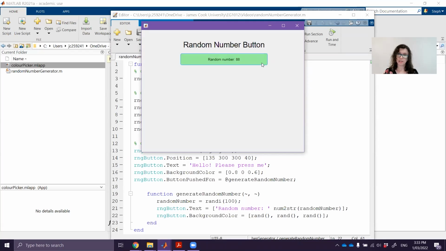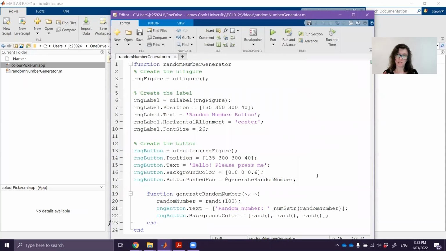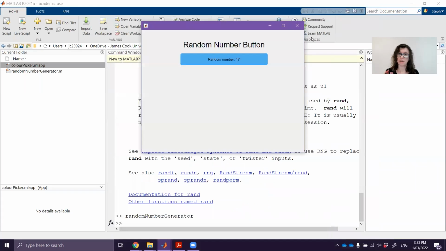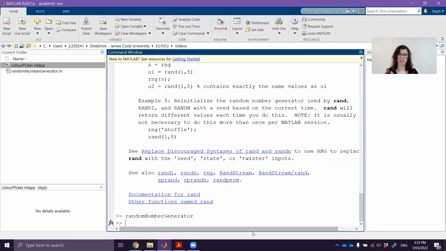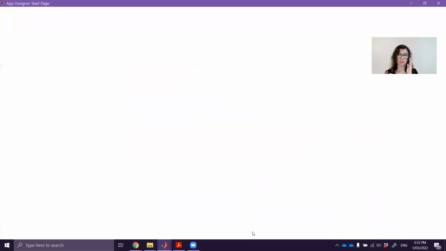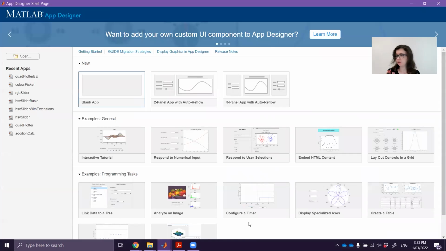So that's the creation of a simple random number generator using the programmatic approach. Now we'll move on to our AppDesigner approach. In our AppDesigner approach, we first need to launch AppDesigner. So head on back to the command window and just type in AppDesigner. That'll create a new window, and within that new window, you can select a blank app